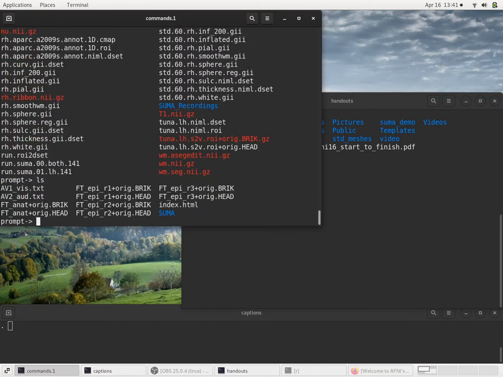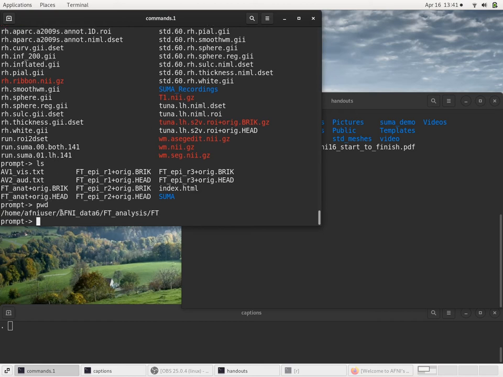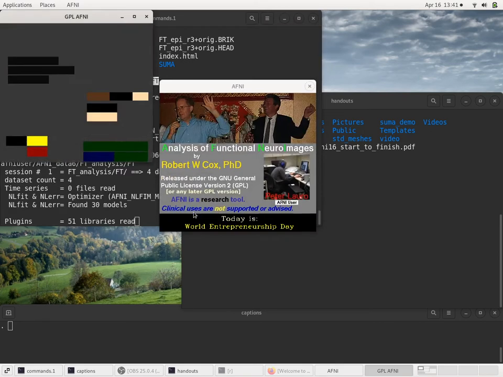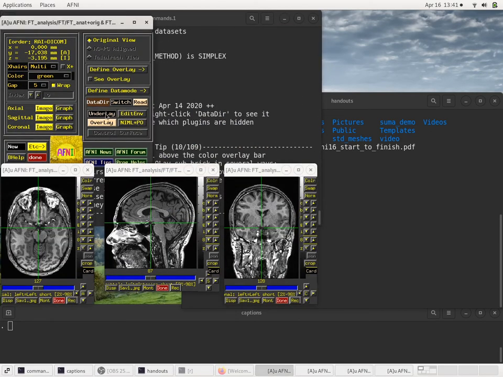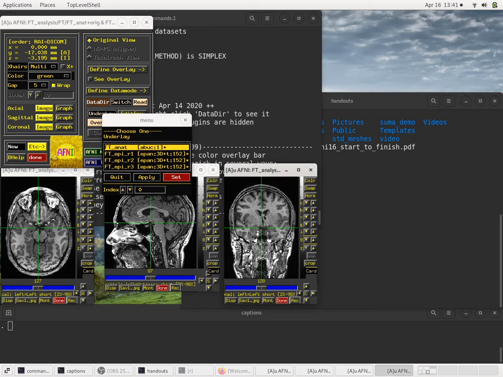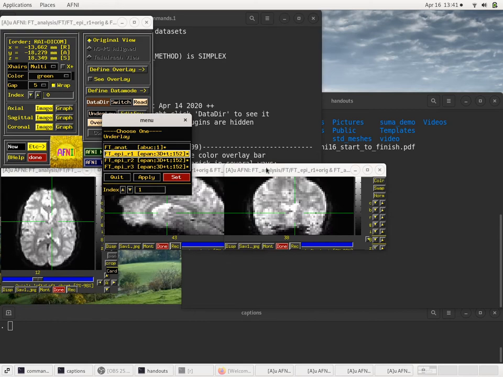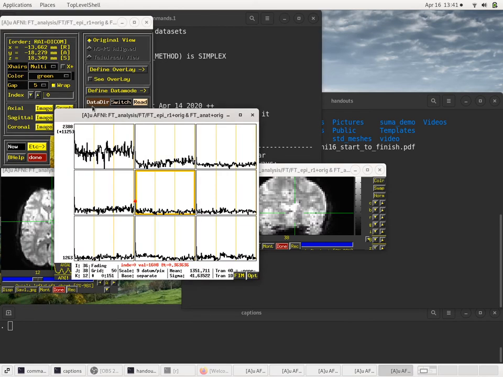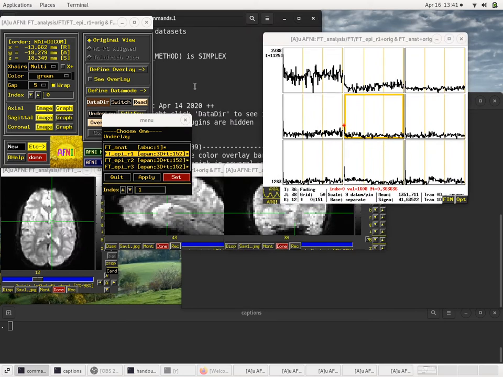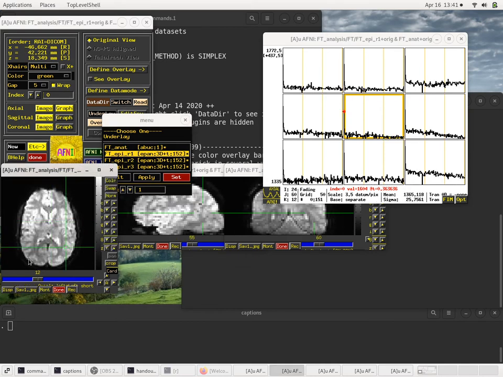So let's just verify that we're happy with the data here. So we can run AFNI in this directory. Again, just to verify where we are, our present working directory is AFNI Data 6, FT Analysis /FT. And if we run AFNI here, we can just make sure we're happy with the data sets in this directory. So there's the anatomical data set. Fantastic. I'll underlay an EPI. Looks good. If I open a graph window for the EPI, so I set the underlay to be EPI run 1 and then open a graph window,